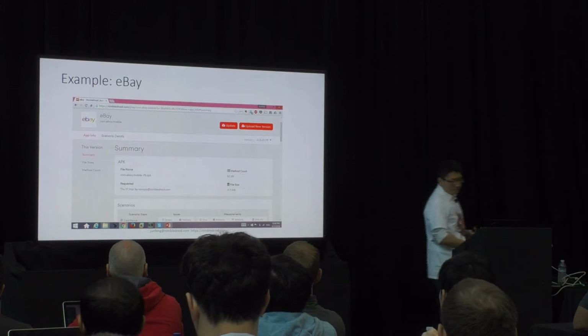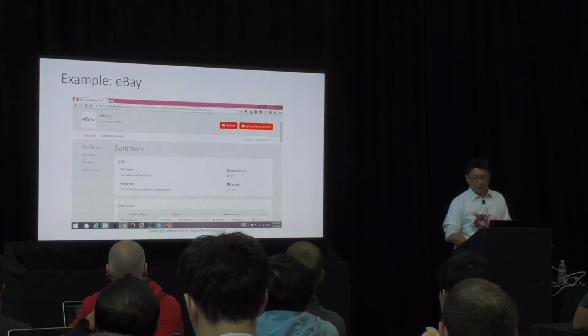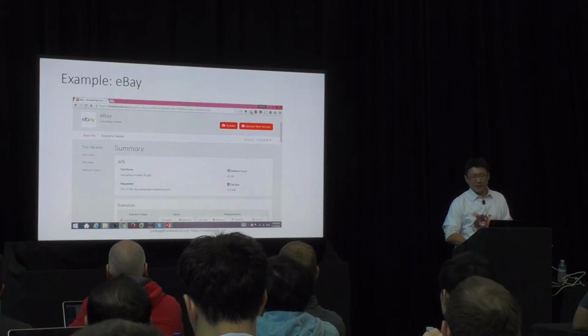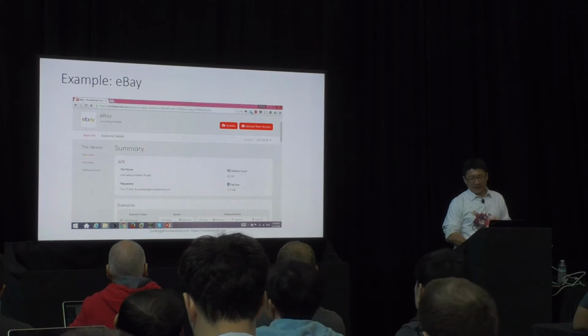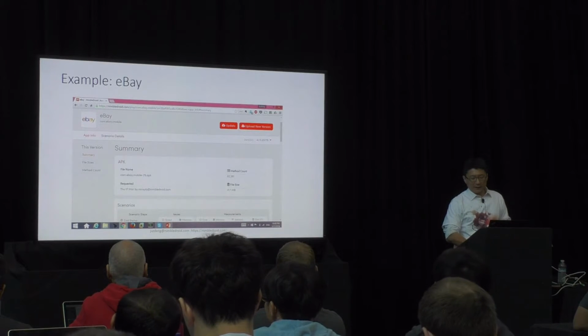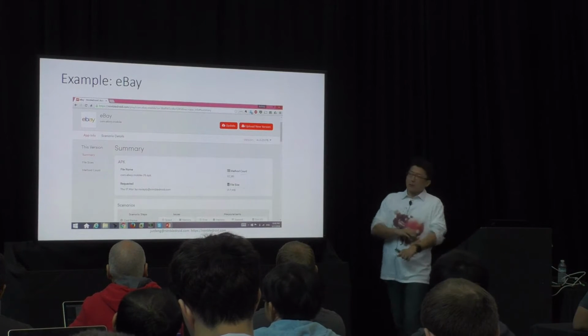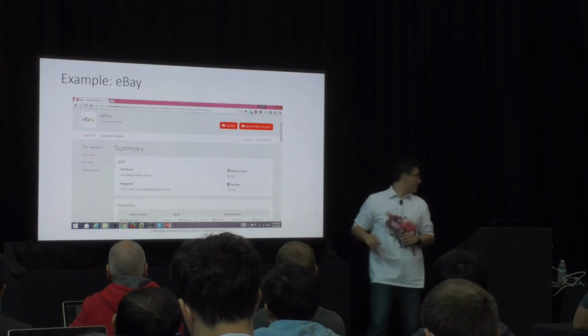You can also see trending for these metrics. Here we see a spark line for the last few versions, and here you see that the app is actually getting larger over time. You can also zoom in to see what the exact